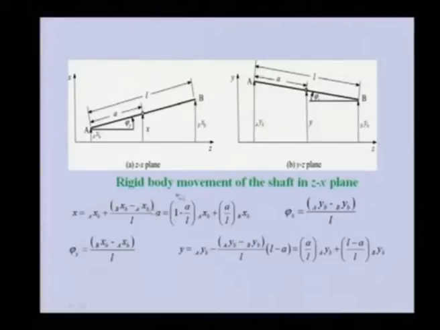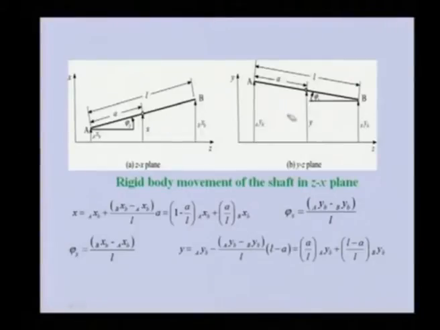This can be rearranged in terms of the bearing displacement at end A and at end B. So, this is the translatory displacement of the disc due to bearing displacements. Similarly, the rotational displacement will be given as the slope of the line. This one corresponds to this angle phi y. So, this is the slope of the line, and the disc will tilt by this amount in this particular plane.